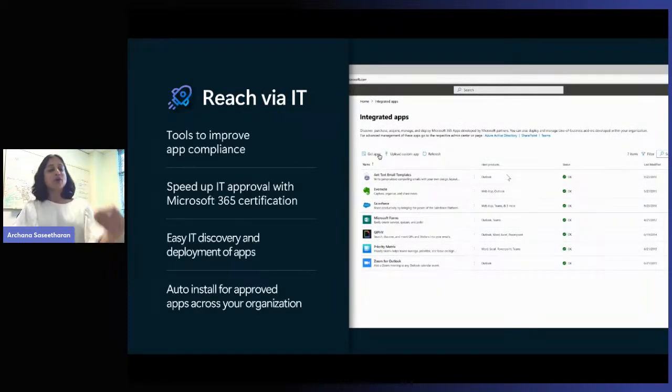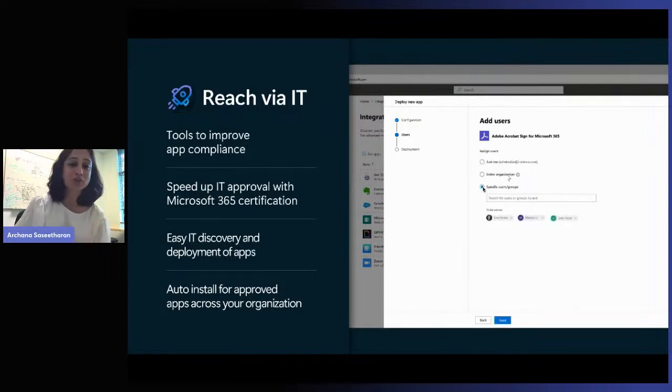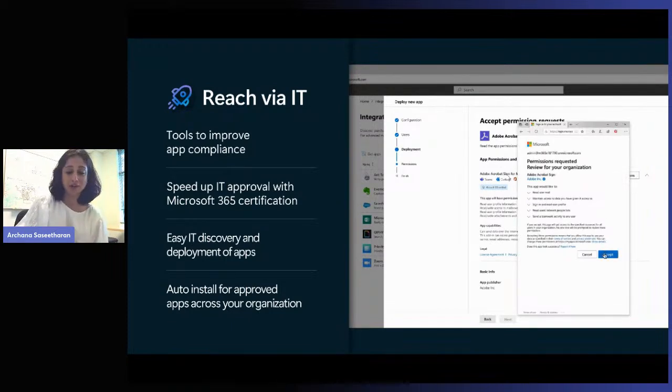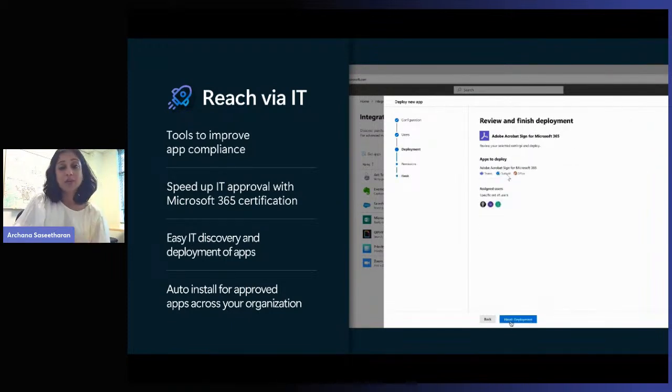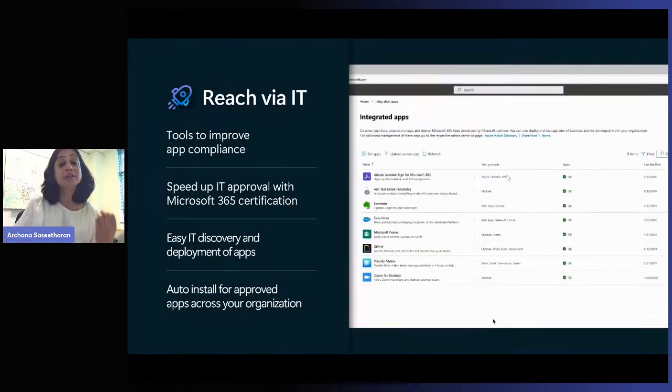But before your apps can reach users, you've got to get the trust of IT admins, who are the custodians ensuring the security and compliance posture of applications within their teams. Sometimes the evaluation process or the application management process that IT admins follow can slow down the adoption of your applications. But we're working hard to make sure that IT admins are successful in evaluating, managing, deploying, and evangelizing your